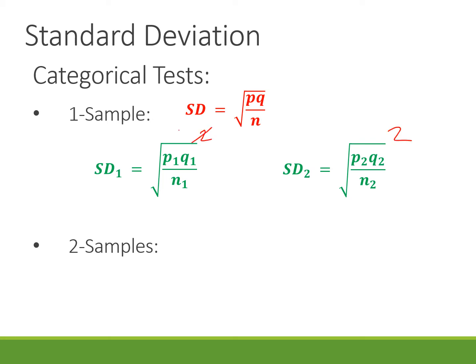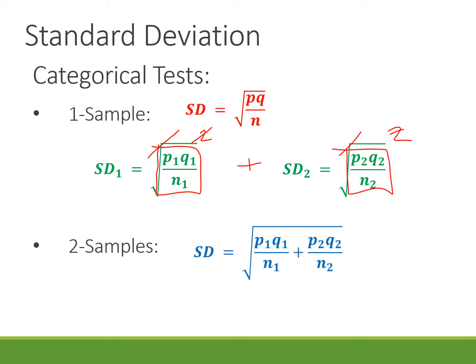And when we square it, the square and that square root cancel out. We're left with just this fraction right here, outside of a square root. Same thing over here. Okay, now we're going to add those 2 fractions together and square root that sum. This is the basic premise for combining standard deviations in 2 categorical samples. It's a little different whether we're doing a hypothesis test or a confidence interval, but that's the overall method of